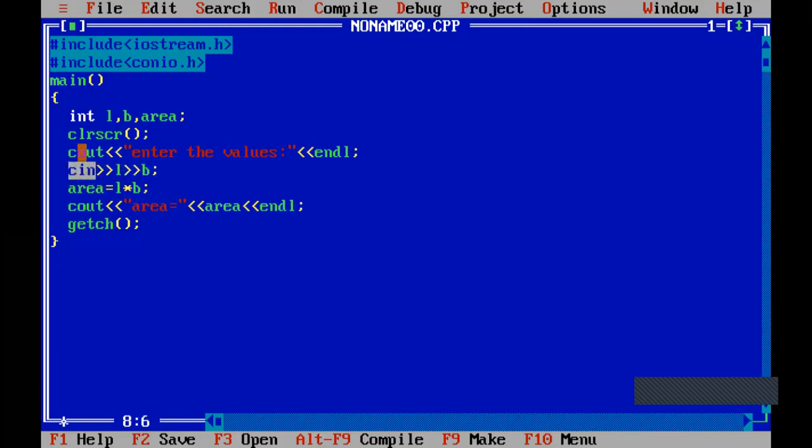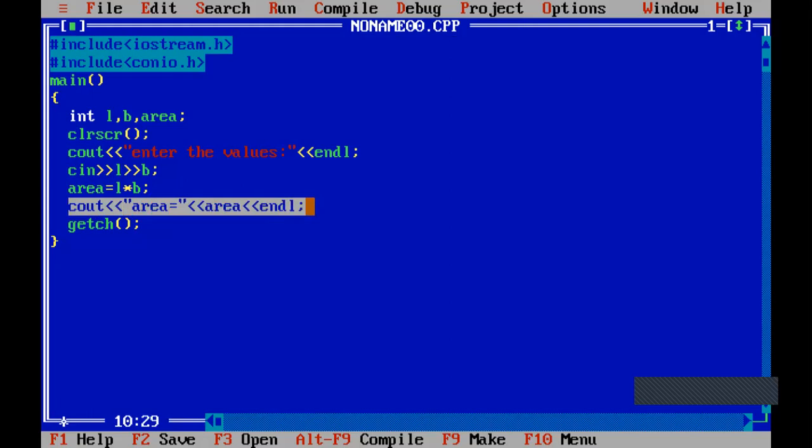After giving the output and input statements, we give the logic. Once the logic is done, the value will be stored and that value has to be printed on the output screen.